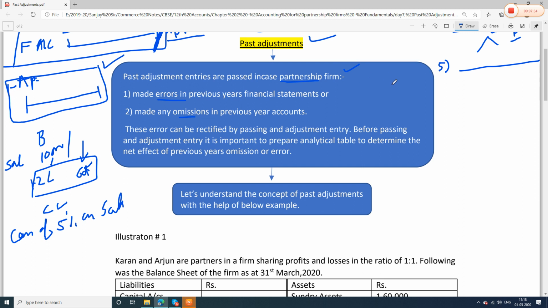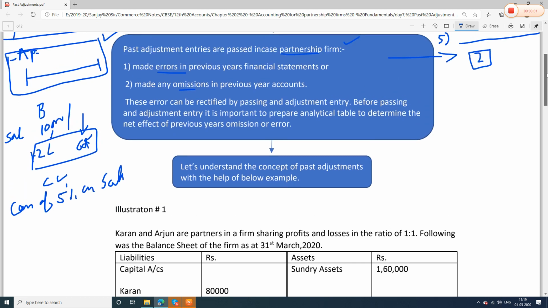Number C, you know what, in CBSE you should not be surprised if they ask you a theory question for 2 marks. They might ask you for 1 mark, 2 marks, or even sometimes 3 marks. What do you understand by past adjustments? What all students have done, they have solved illustrations, but they have not understood the logic. They are not able to write the answer. So please, a very simple format I have tried to give you. So please guys, try to understand and write the answer in your words.